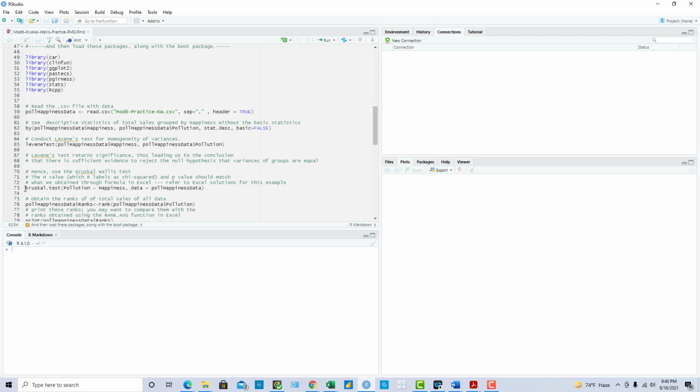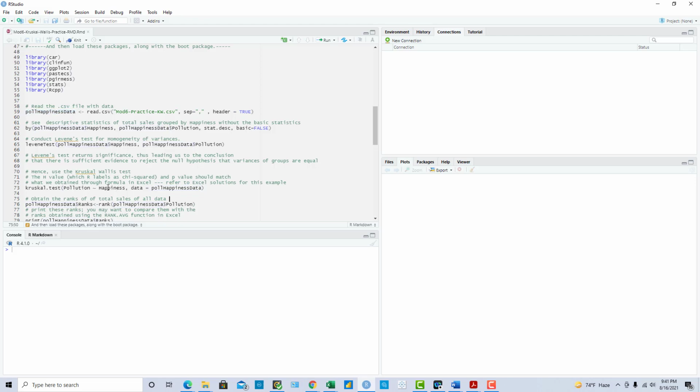The Kruskal-Wallis test itself is just a one-line code in R. We have Kruskal.test, and that Kruskal.test has pollution as the first parameter, and tilde happiness. The data frame is the poll happiness data that we populated in line 59 from the Excel file.